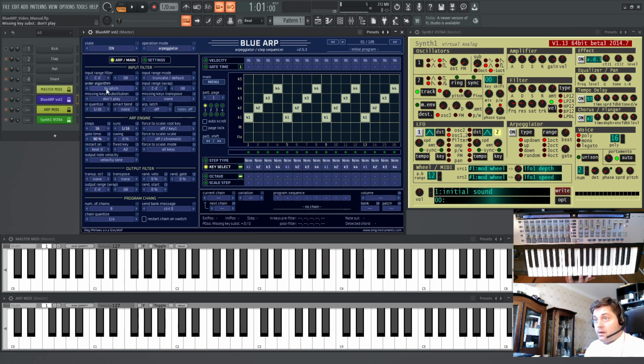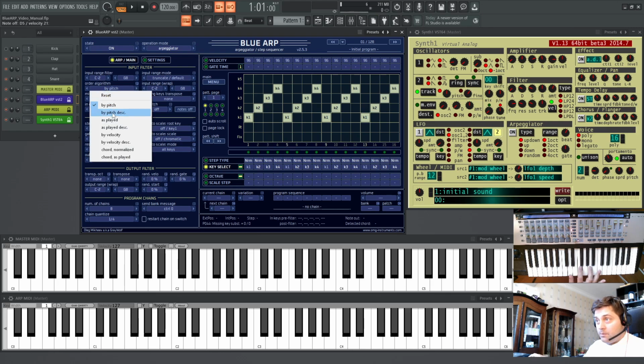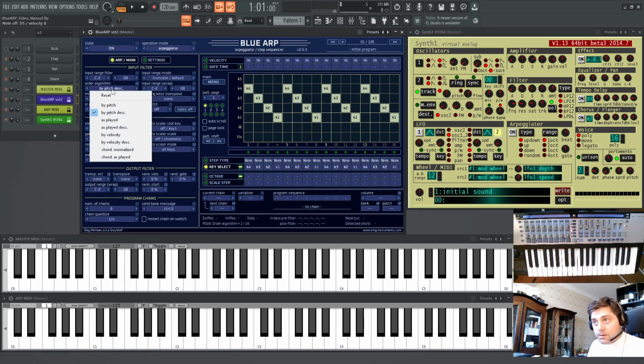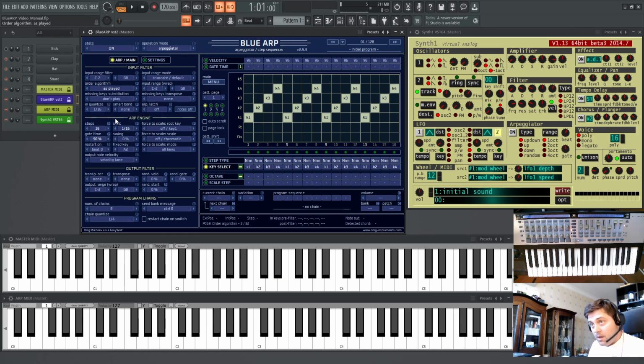Next, a very important setting, order algorithm. By default it's by pitch, so from lowest to highest note. But also I can set it by pitch descending. And also we have as played, pretty tricky, so it will matter in which sequence I press the keys, not the pitches, but the one I pressed earlier is the first. So now I'm pressing them in the natural order from left to right, or from right to left, the same sequence,